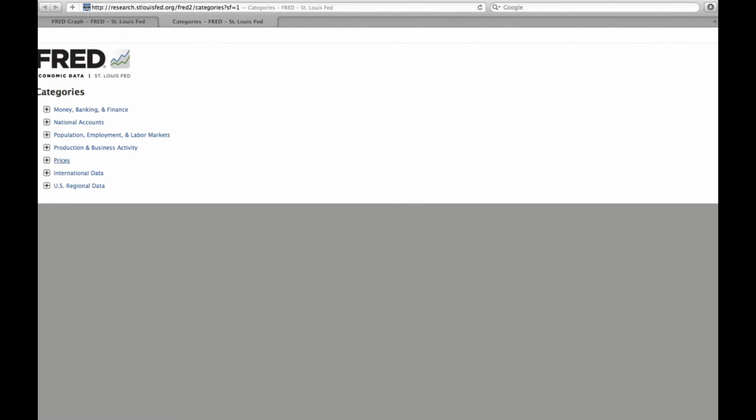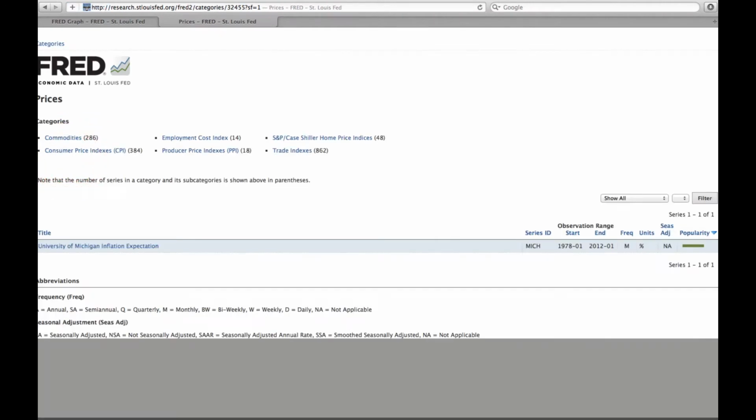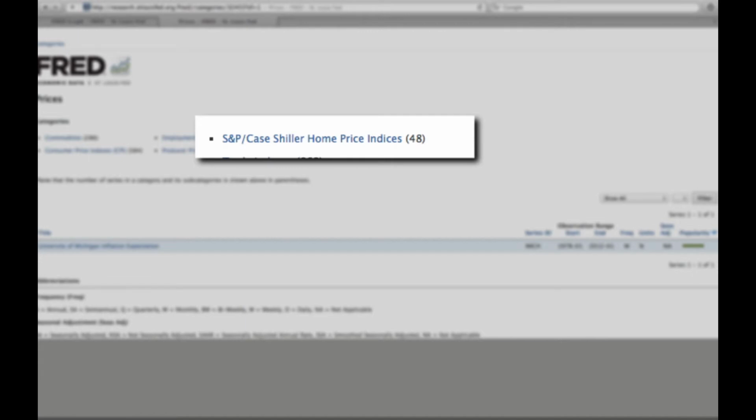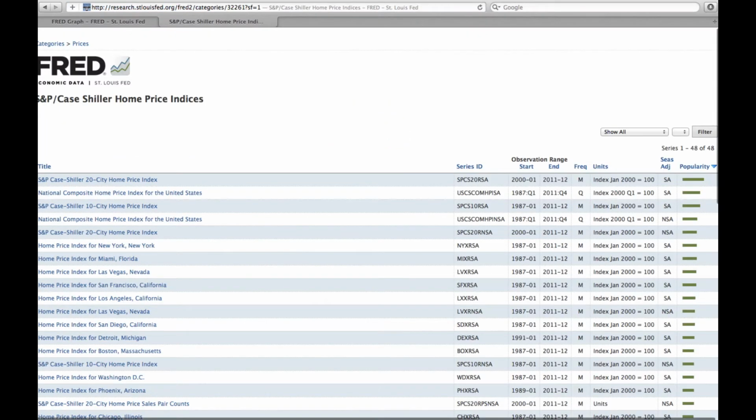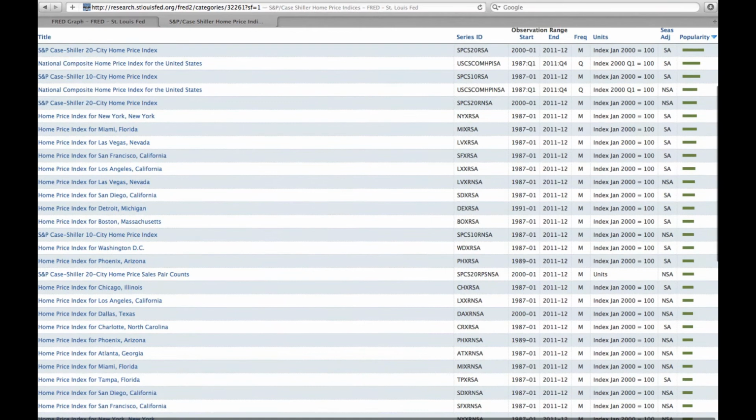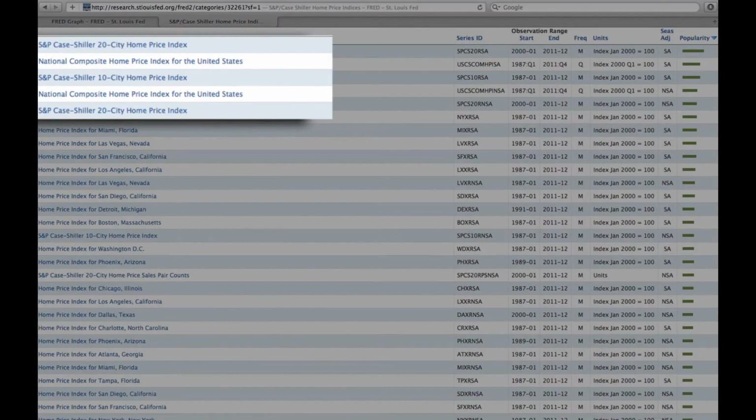Select prices and then go to Case-Shiller and click on that. That's going to take us to a page that has all of the Case-Shiller information that's available. The top shows the top 20 and top 10 city composites, and below that are individual cities, including Detroit, Michigan,